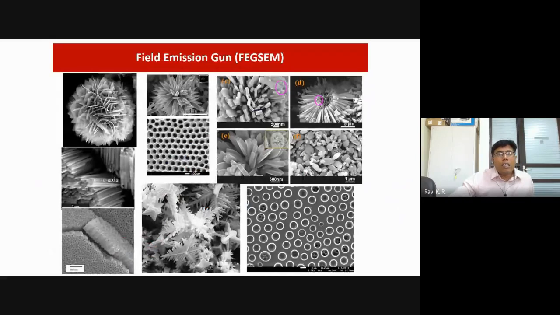Okay, so these are the microstructures people have taken in the field emission gun SEM. You can look at all these very, very small pictures. This is actually 2 micrometer, so these are only 200 nanometer. Those who are working on 2D materials, those who are working on nanomaterials, you cannot use a conventional SEM to get all these images.